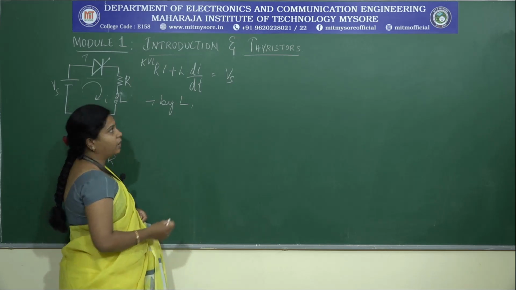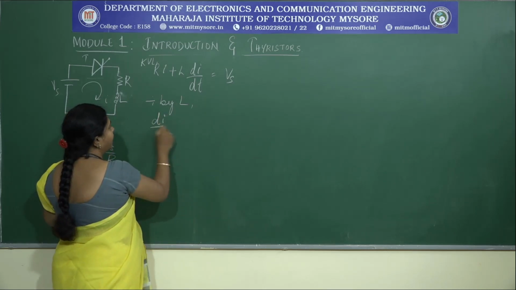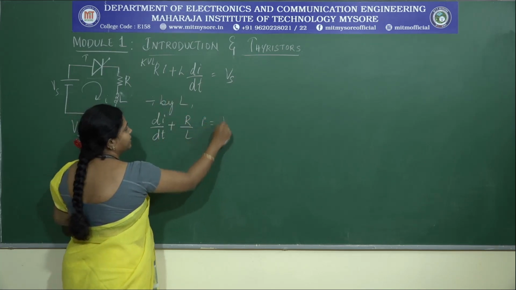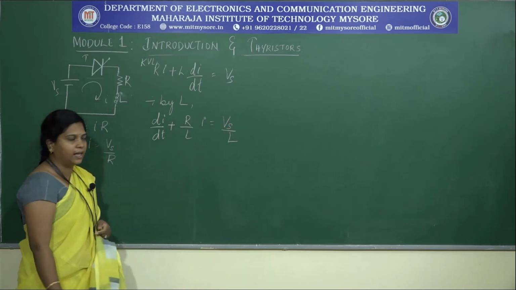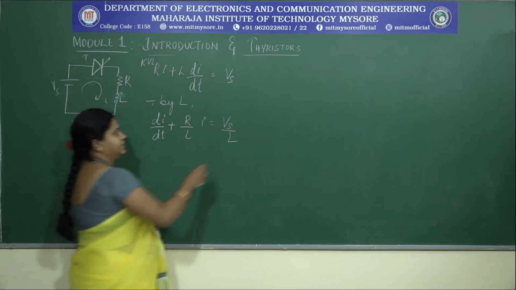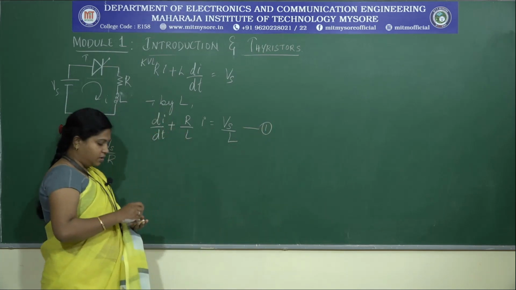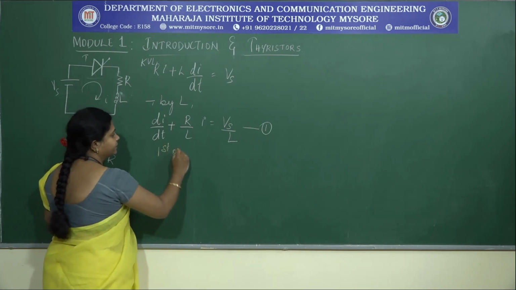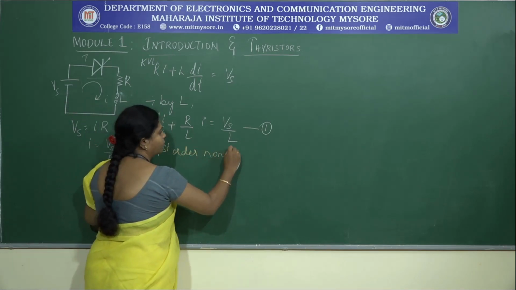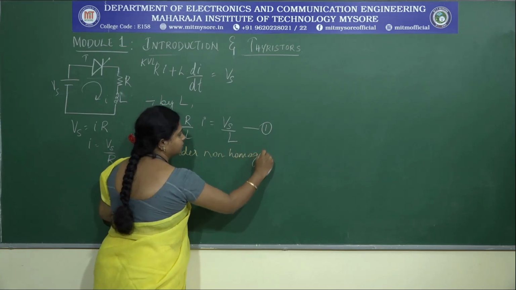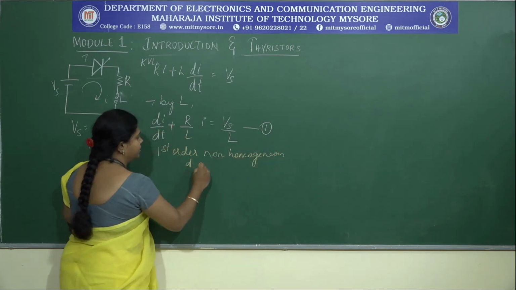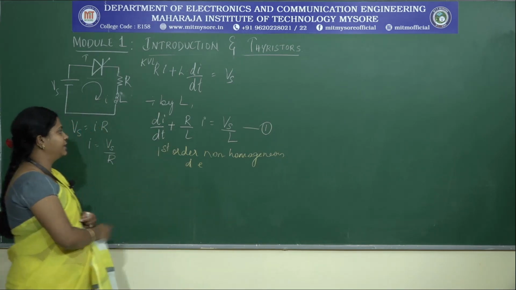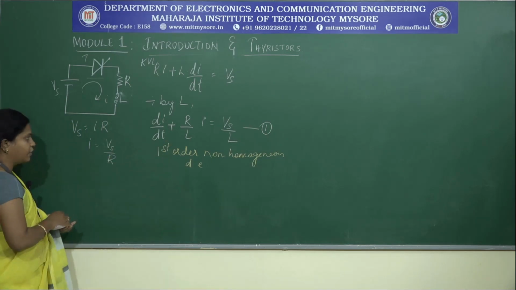Okay. So, if you are going to divide, how will the equation look? di/dt plus R/L into I is equal to Vs/L. Let us call this equation number 1. Now, this equation represents the first order non-homogeneous differential equation. Okay. So, first order non-homogeneous differential equation means, the general form